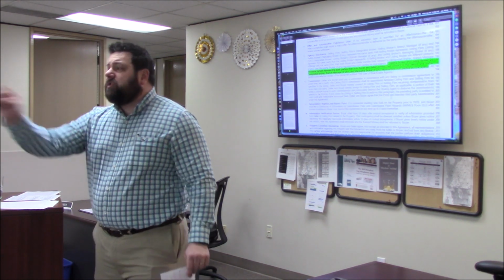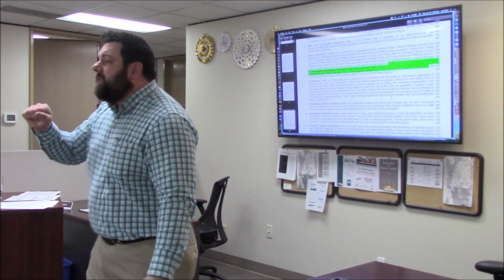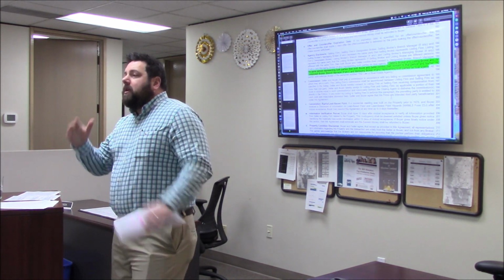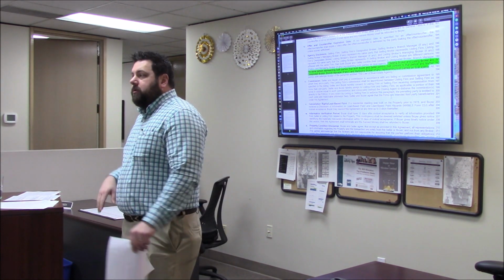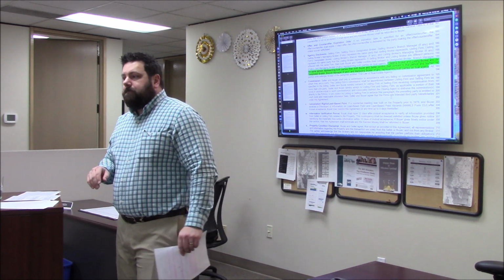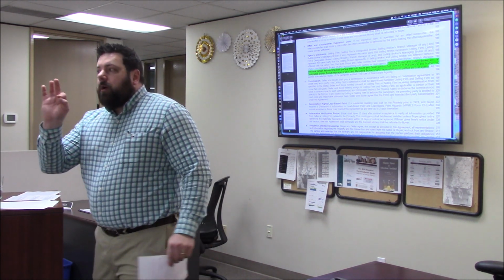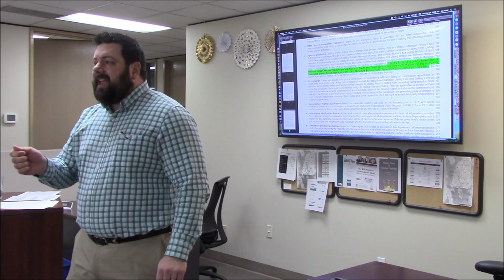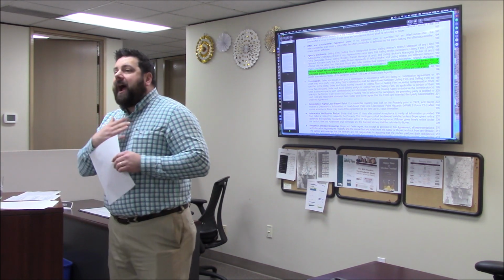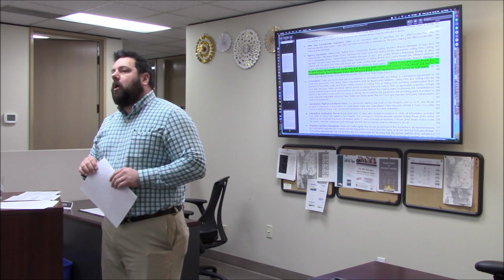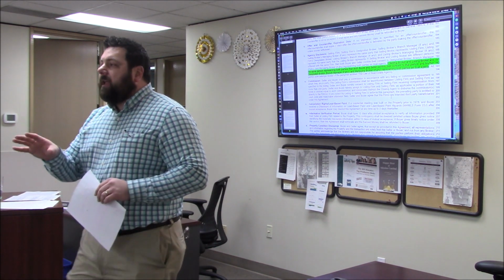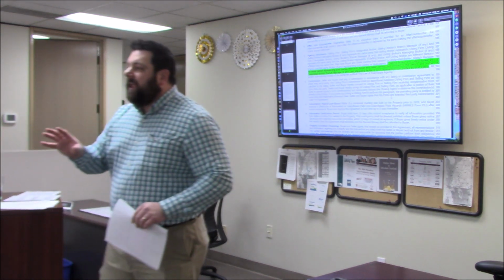This is where it says if Susie represents the buyer and the seller, that both parties are agreeing Susie can be a dual agent. They're agreeing to it right here. All right, but if that's the case, my preference, almost a requirement, what I ask everyone to do in a dual agency situation